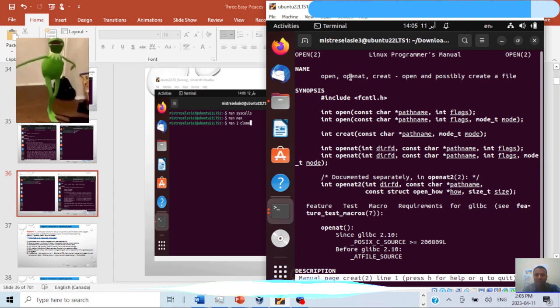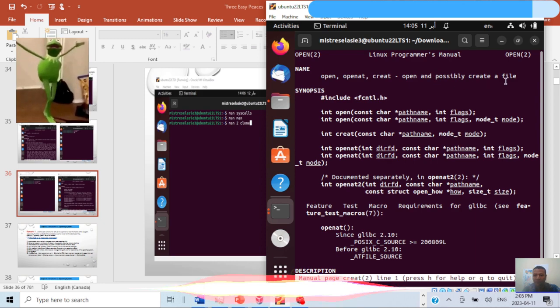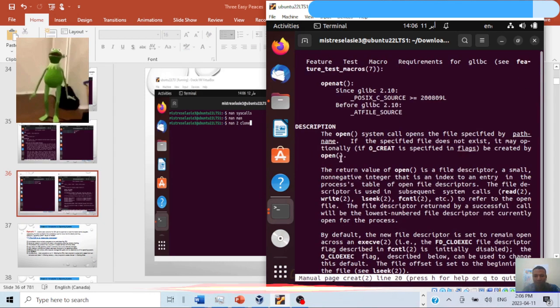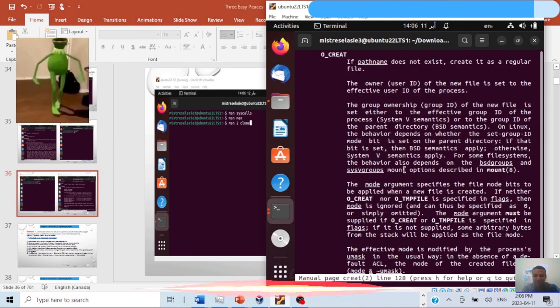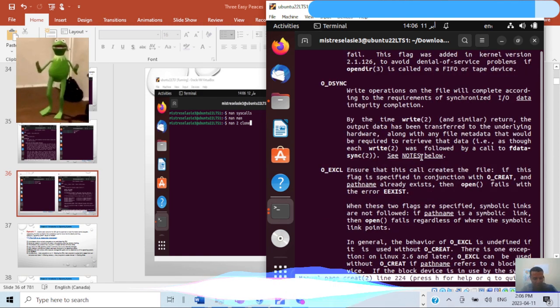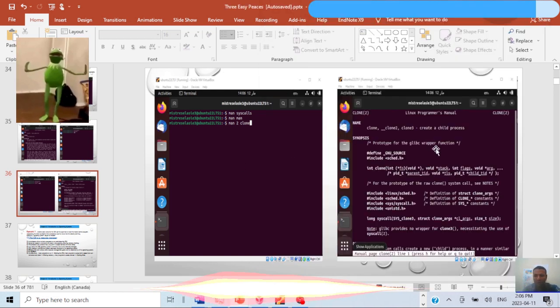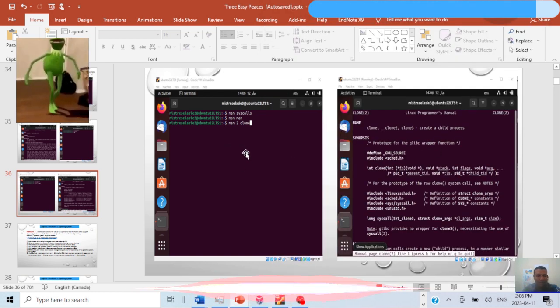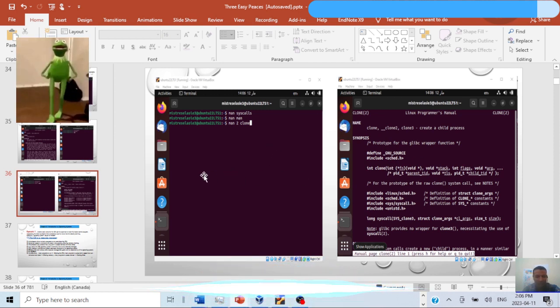As you can see, this is what it does. Open, create, open and possibly create a file. You can go ahead and read. If you see the open system call, it opens the file by this, and that's what it does. So in this way, you can go ahead and read how the system calls are working.